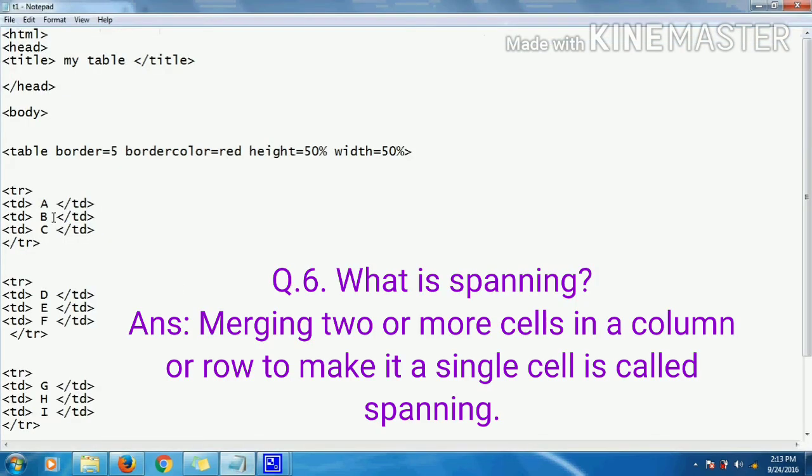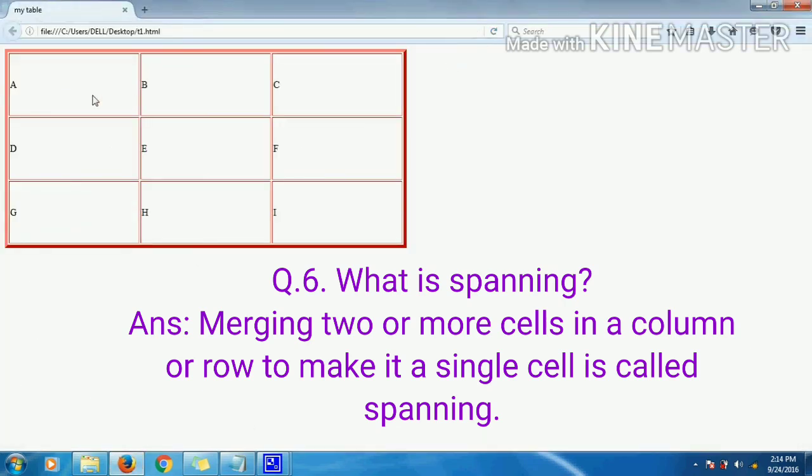So we will go back to our notepad, just see notepad, and we will type the col span. Here we will type colspan equal to 2. So 2 columns we are going to merge. So if you want to do 3, you can do 3. Now I am just showing you A and B. Now this B part we don't need, yes or no? So we don't need this B part.